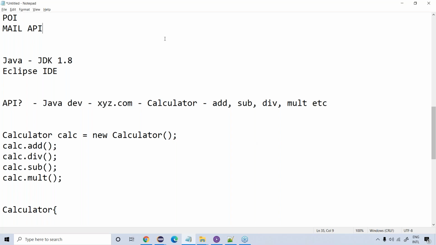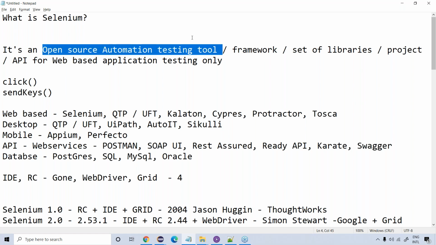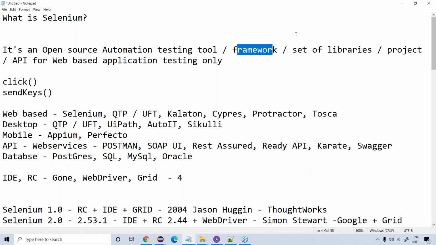All right. So let us do a quick recap of what we discussed in the very first session. We've seen that Selenium is an open source automation testing tool. It's not actually a tool. It's a framework or a collection of libraries, or basically an API, which contains a lot of classes, methods, functionalities, interfaces, a complete project which is developed in many languages, not just Java, but Python, Ruby, PHP, JavaScript,